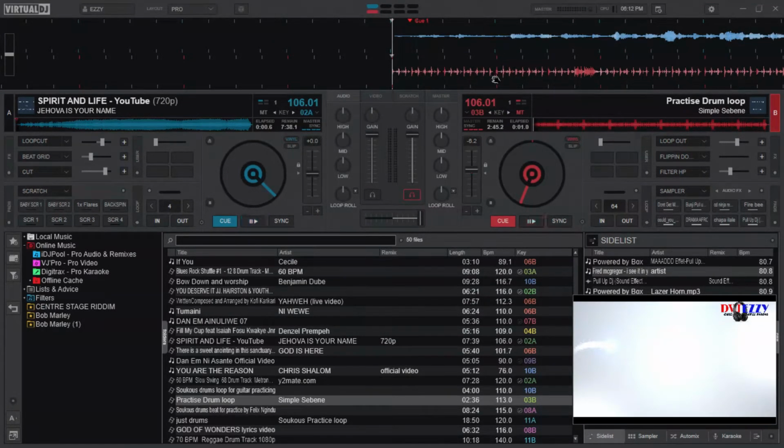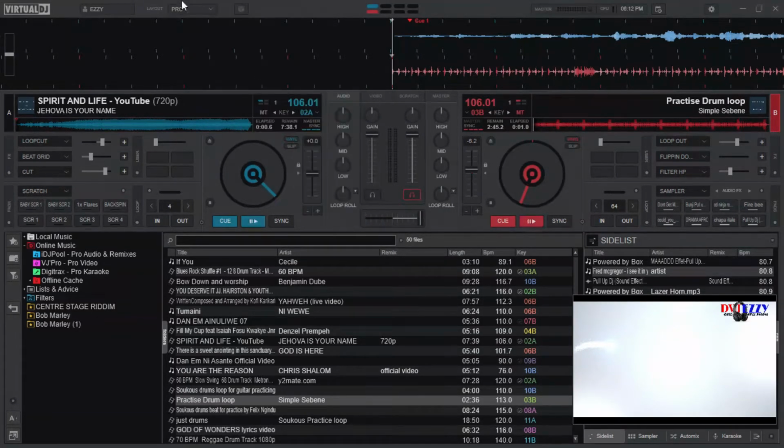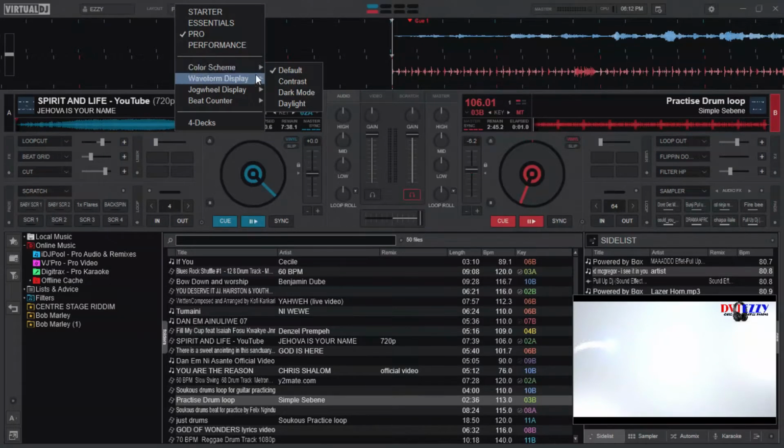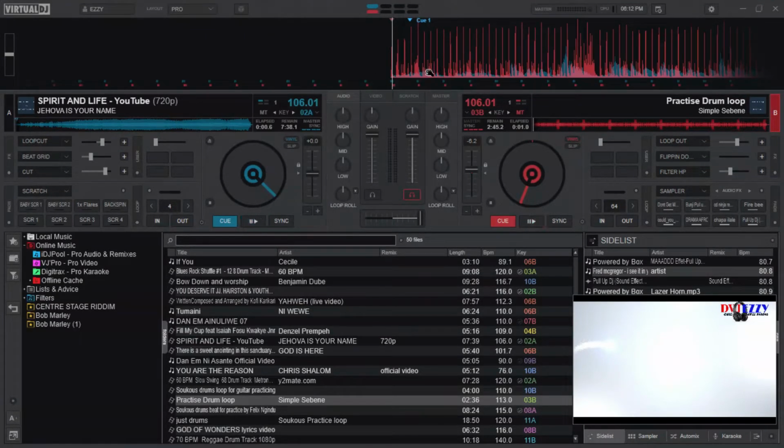You'll get both songs independently. I don't like using this. Some of the DJs do. So initially from version 2.0, we were getting kind of a waveform, and that's what I'm used to.